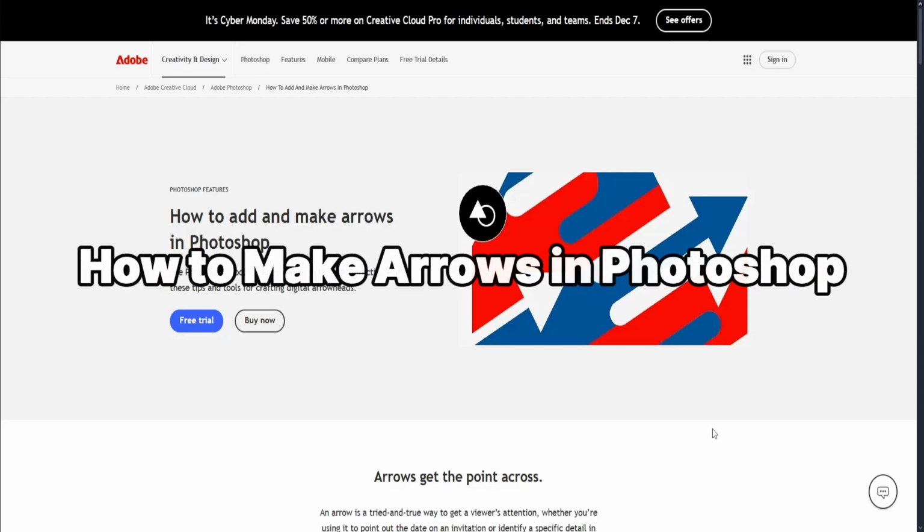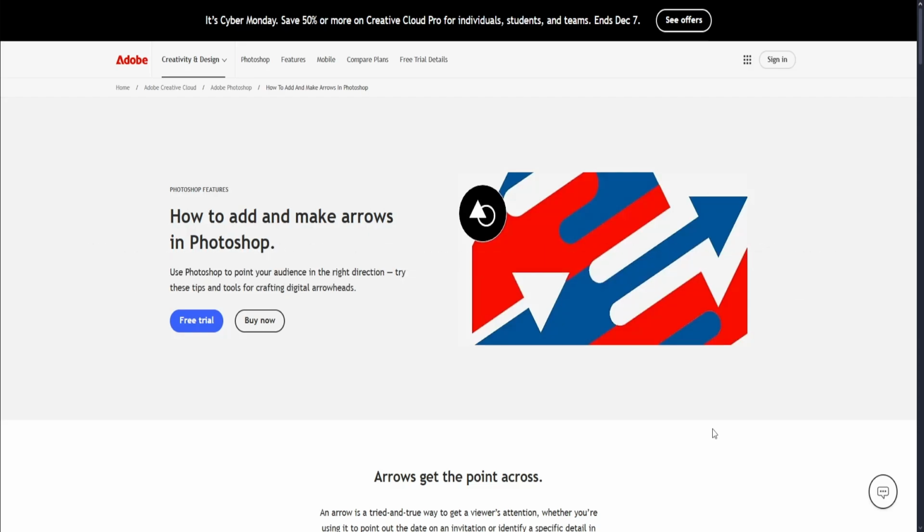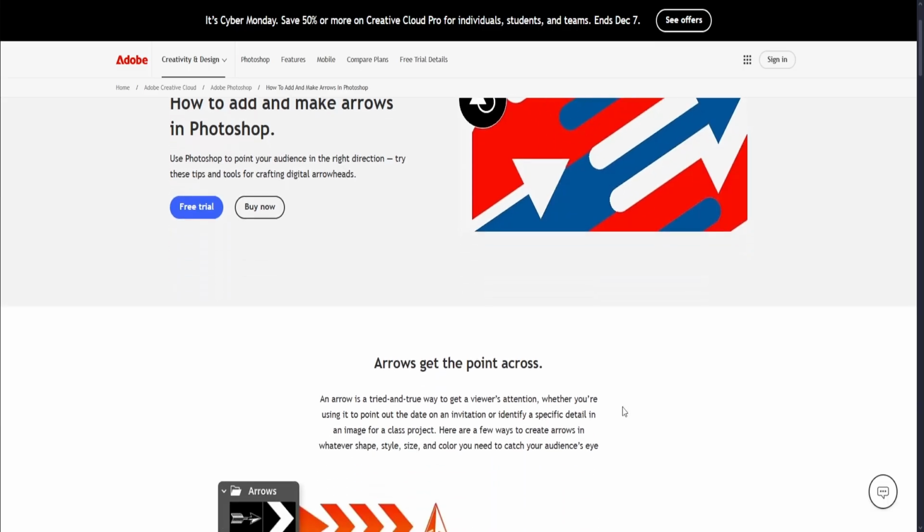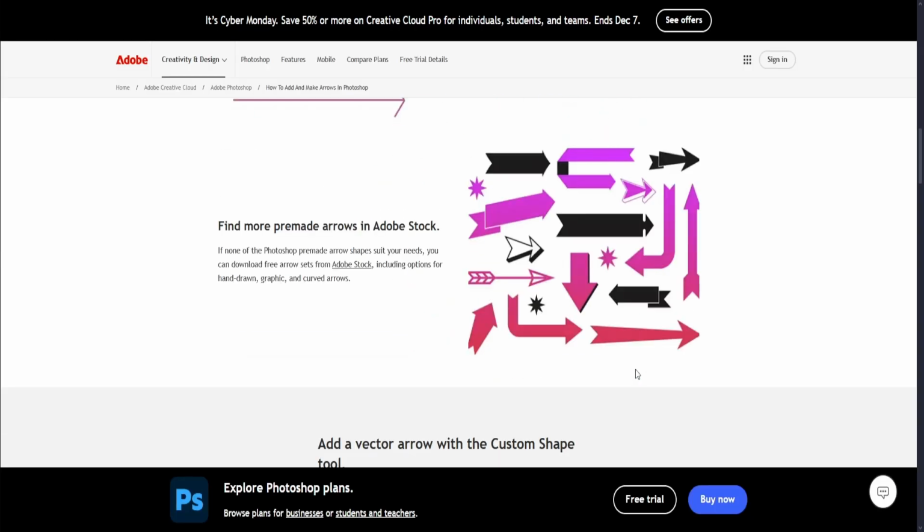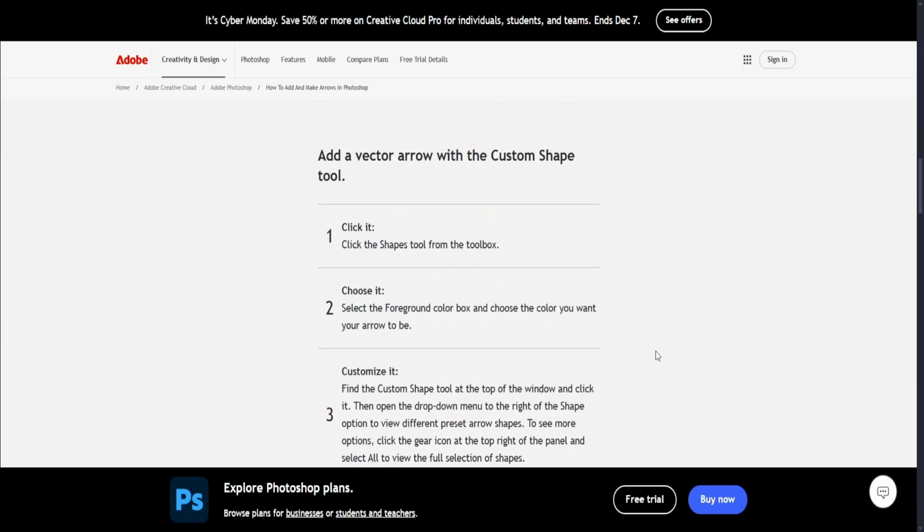Here's how to make arrows in Photoshop. So adding and making arrows in Photoshop is very simple. You can now point your audience in the right direction and just simply follow these tips and tools for crafting these digital arrowheads. So first thing you want to do is basically add a vector or arrow with a custom